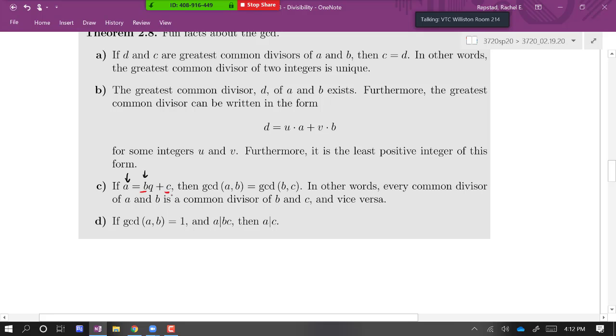And in fact, that's how the Euclidean algorithm works, where we say, oh, now let's bring these two down, and now let's bring these two down. And you keep boiling it down to smaller and smaller numbers. And that's how you find the greatest common divisor. That's how the Euclidean algorithm works.